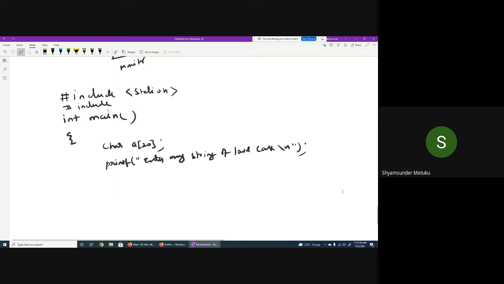Yeah, gets function, not scanf, okay? Then what is the parameter I should pass here? Simply A or ampersand A? Only A, sir. Very good. After that,